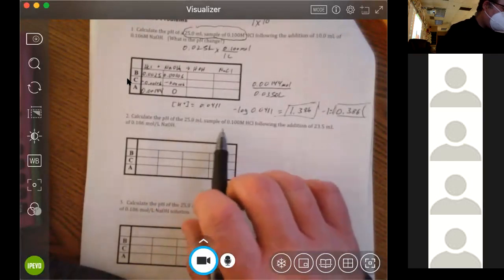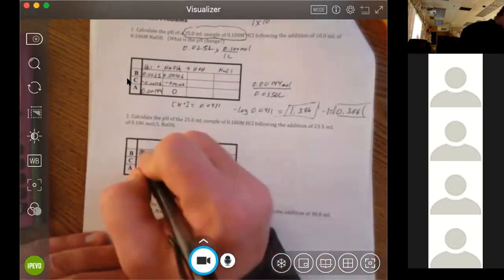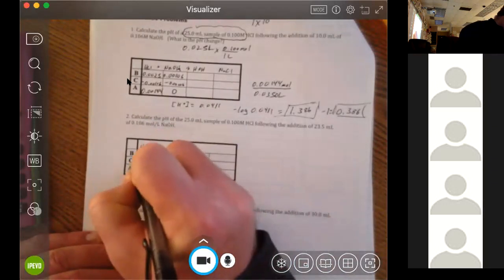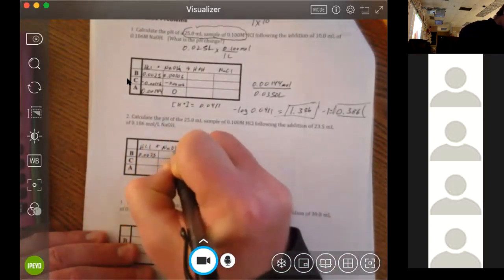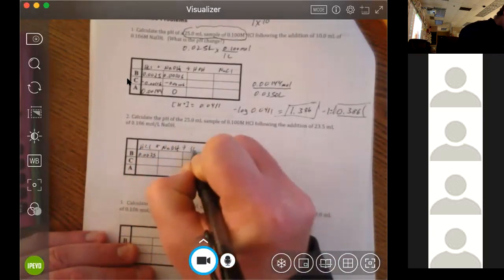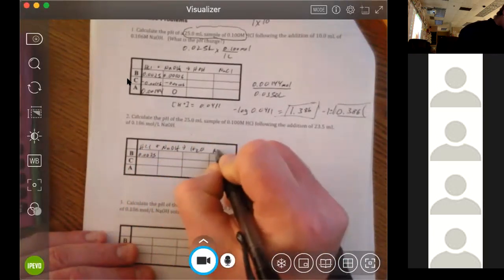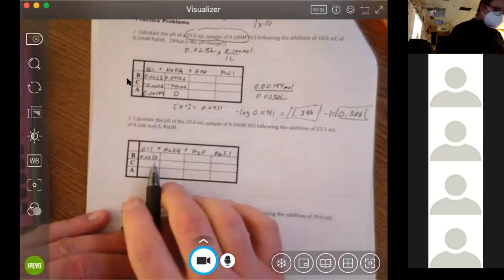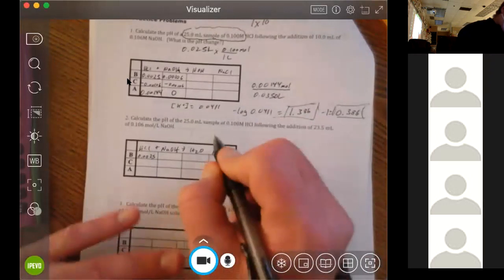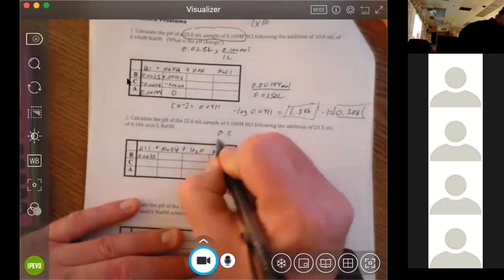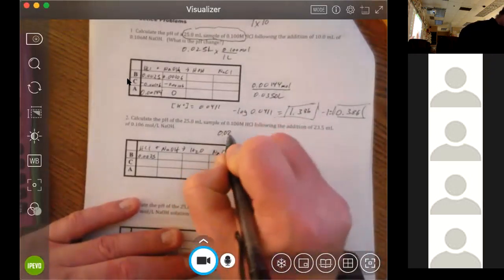Calculate the pH of 25 milliliters of this, so no problem there. We've already done that, 0.0025. But we have a different volume of base. So we'll take that, 0.0235